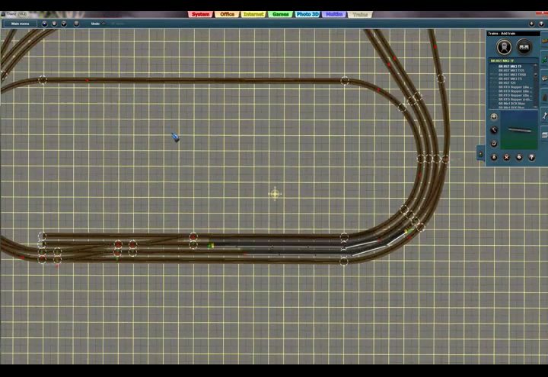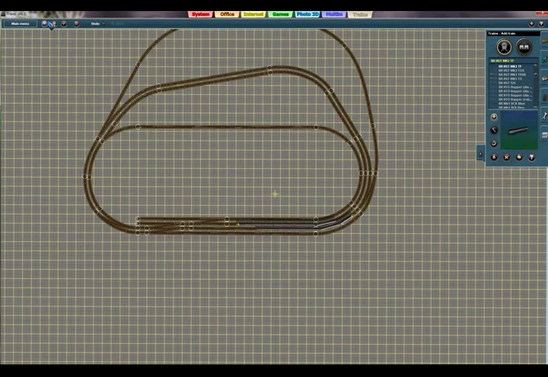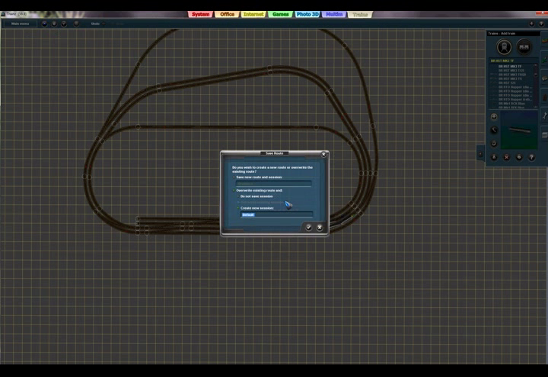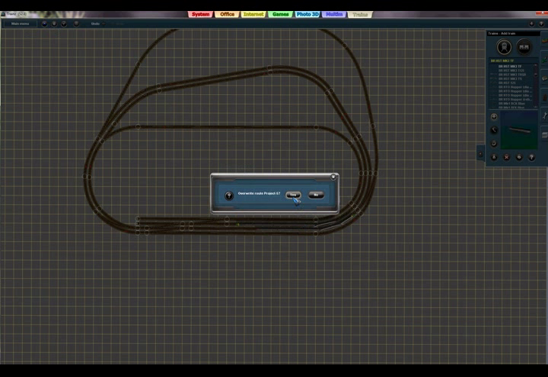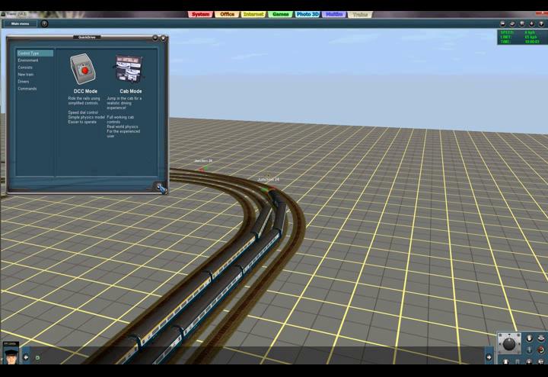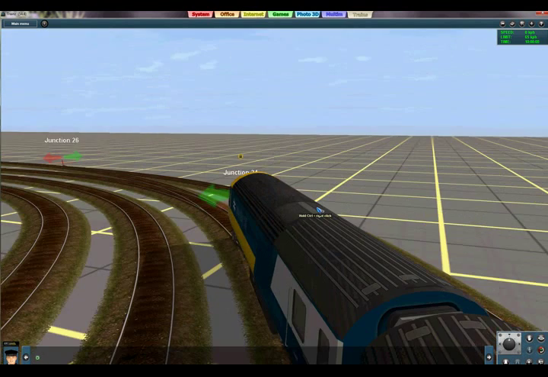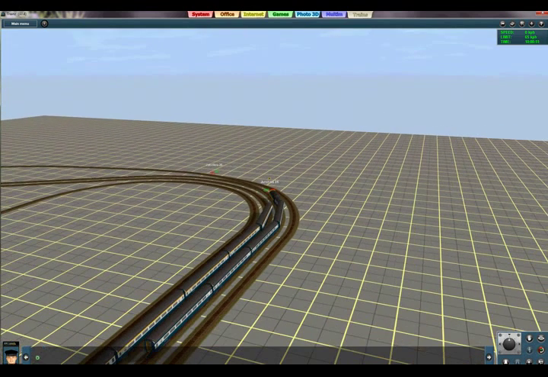Let's go have some driving. The driver icon over here asks if I want to save. Yes, I do want to save. This is project number 5. Okay, yes, and let's see if we can give our trains a few commands to drive around. First of all, hey, this is looking a bit weird. No, that's looking good. Okay, let's click the drivers and let's see who is who.